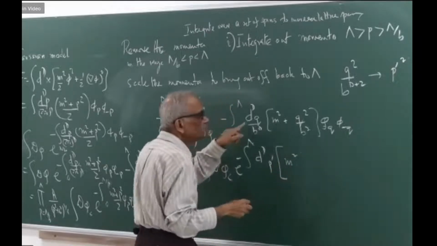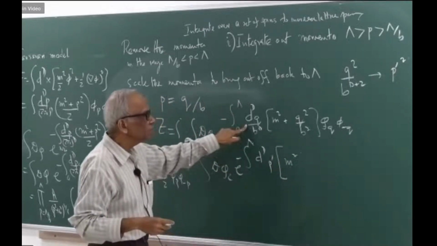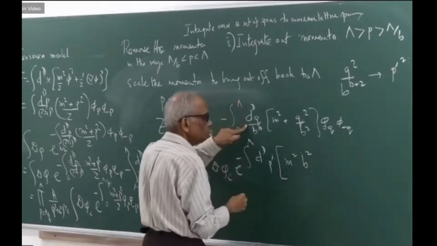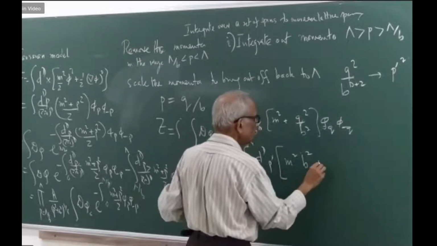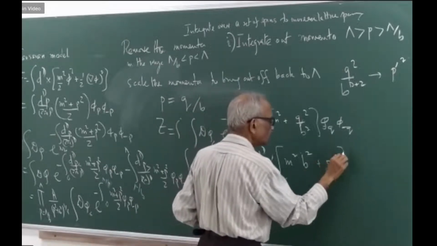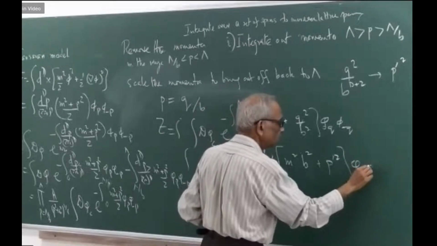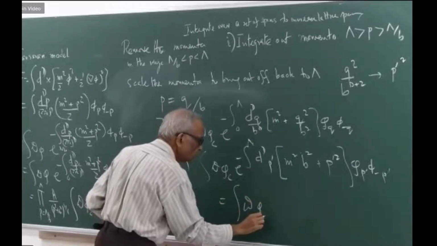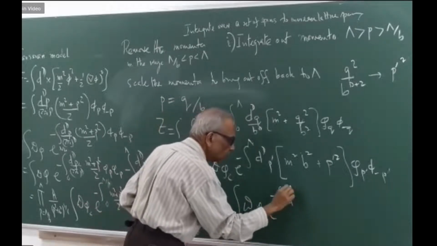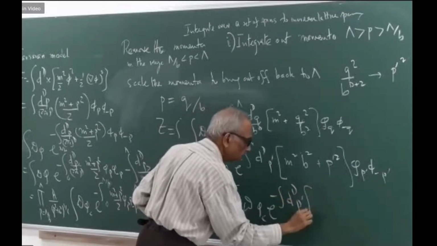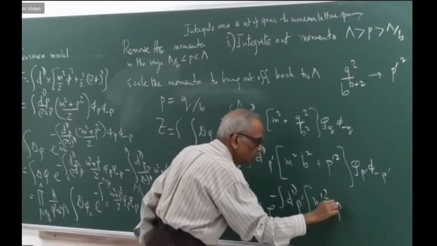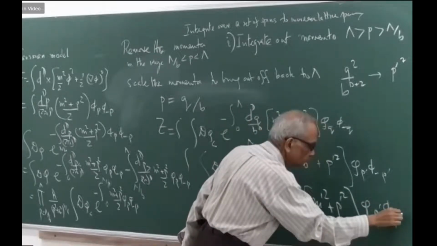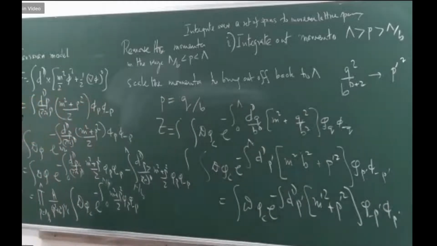So over here, the fact that q is b square, you have left b square over here, and now it is plus p prime square, and it is phi p prime, phi minus p prime, which is equal to d phi less e to the power minus, and then it is d dp prime square, m prime square plus p prime square, phi minus p prime phi p prime. So after this sequence of steps,